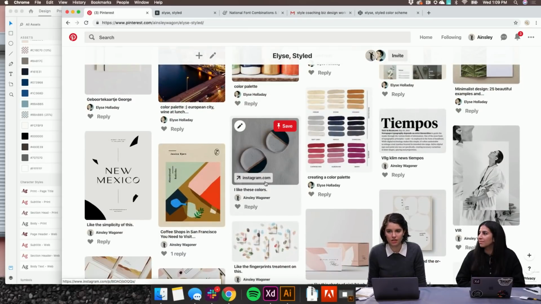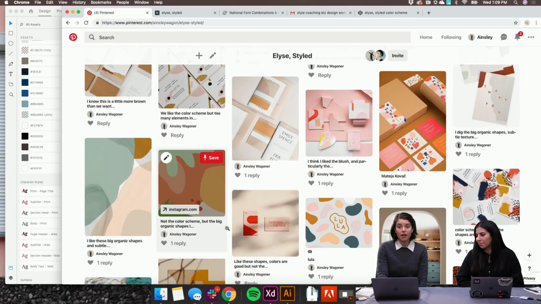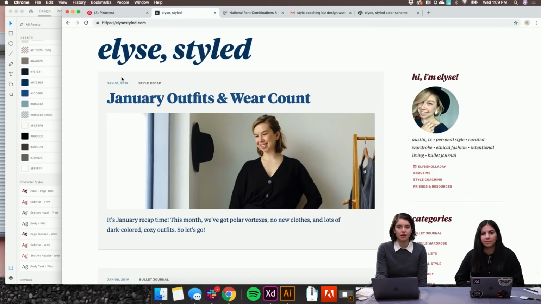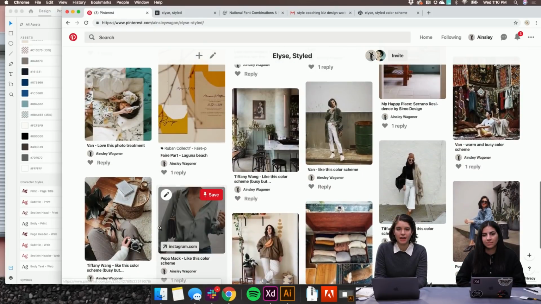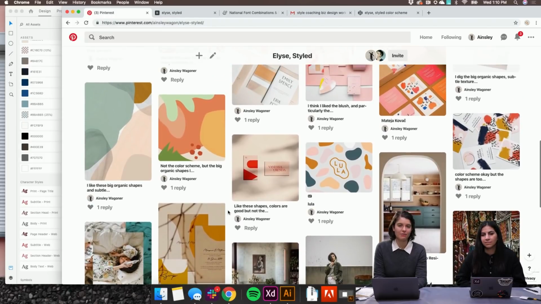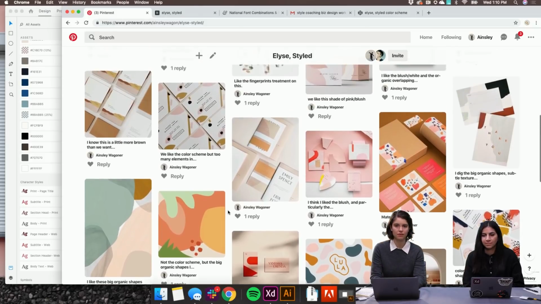the styling work she's done so far on her Instagram and on her blog, which is elisestyled.com. I think it's right here. So this is again a Pinterest board that I put together of people that she's really inspired by, of other brand systems that I think captured some element of what she's going for, whether that's the color palette or the proportion of shapes and typeface.